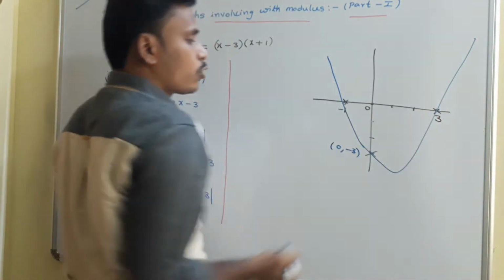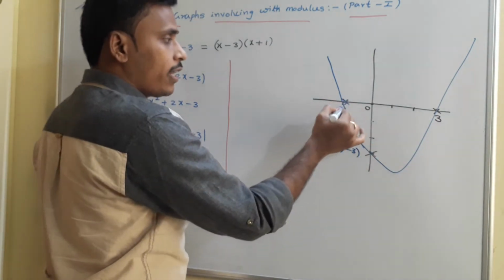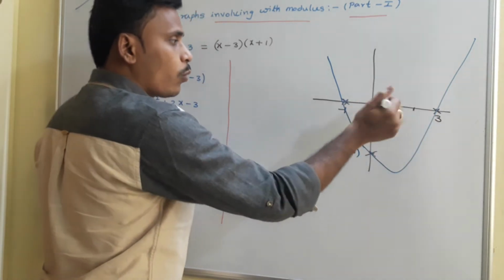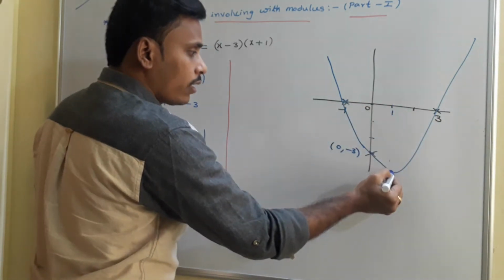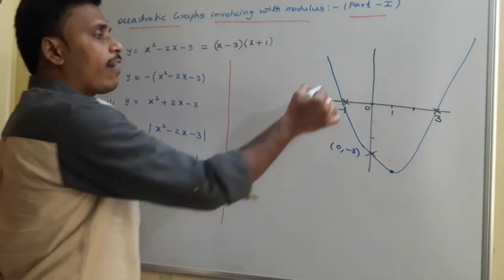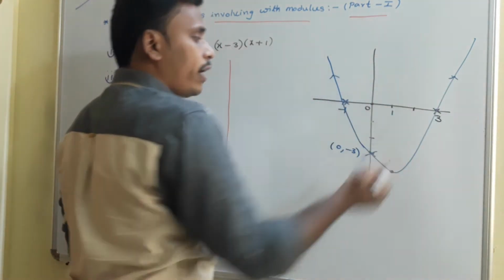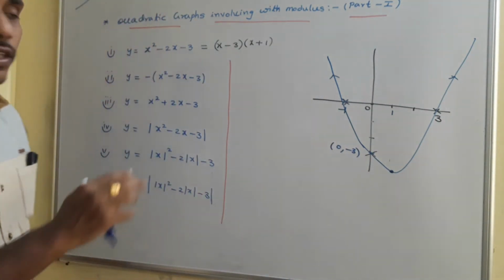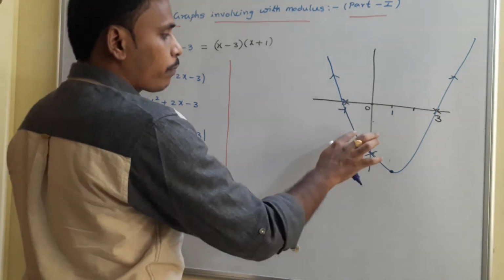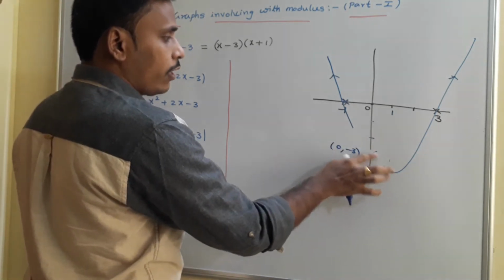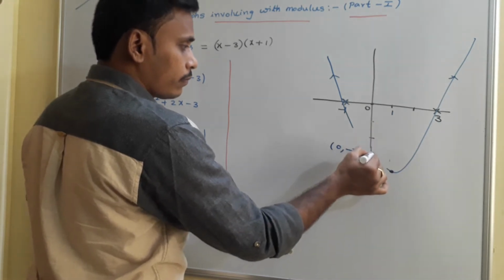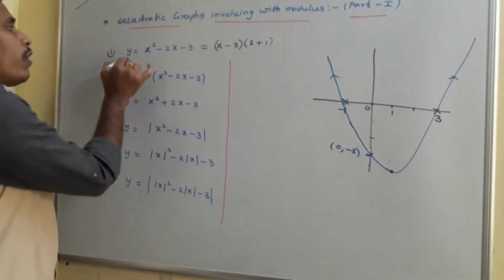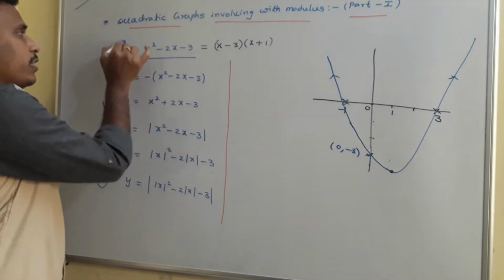See, the graph will pass through like this. Actually we know, since the roots are minus 1 and 3, the midpoint of minus 1 and 3 is at 1. Okay, so at this point 1, the graph will have its peak. So the graph passes through these 3 points and will have a turning point at 1. Okay, so that's why the graph will be like this. This is actually the rough sketch of the graph. Yeah, right. So this is the graph of y equals x square minus 2x minus 3.